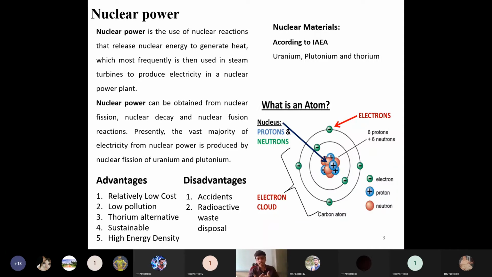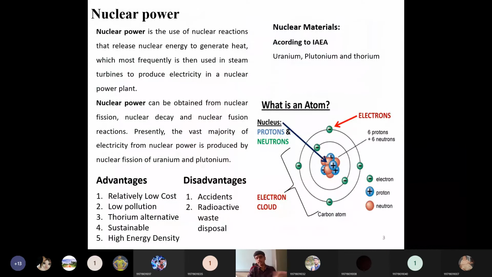So electrostatic force is nothing but the force between charged bodies. The electric force between charged bodies at rest is called an electrostatic force, or simply we can say it is a Coulomb force. The electrons will usually be equal in number to the protons. As shown in this figure, there is no charge on the neutrons. The protons have a positive charge and the electrons have a negative charge.